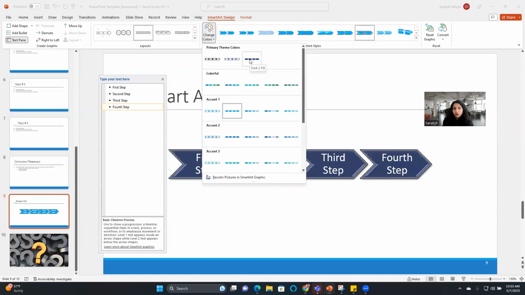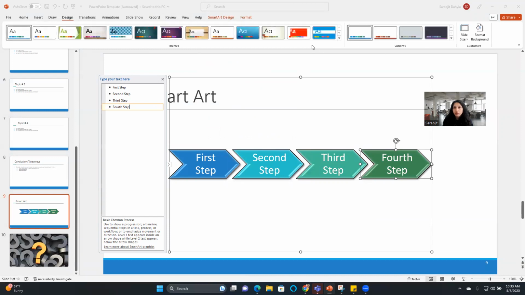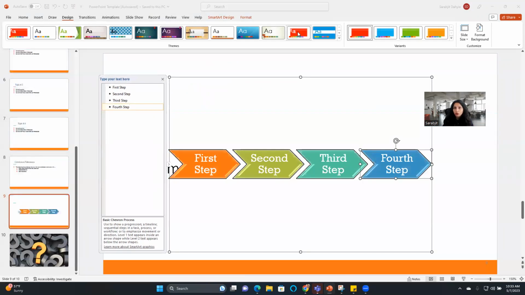So these are the primary colors. This is how you can change this, but let me show you one other cool thing. Let's say if I now decide to change my design to something like this, it's going to pick up colors from that design and change all of your chevrons to be aligned to the theme that you selected. So let's say if we go with this one,